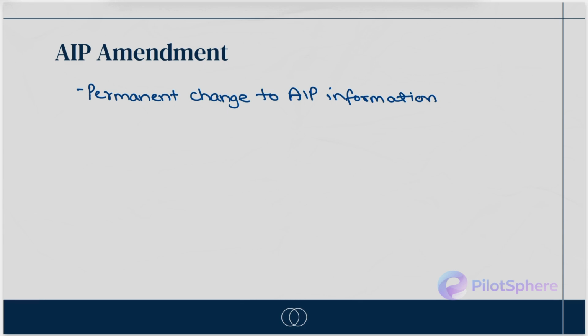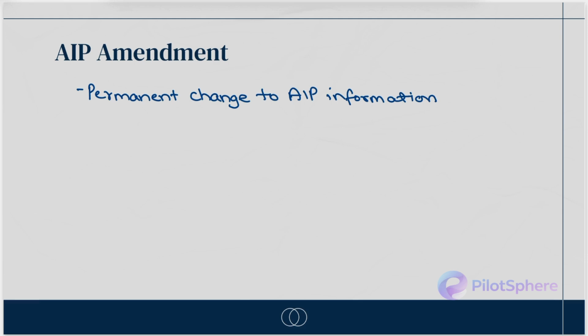So we have AIP amendments and we have AIP supplements. Supplements we'll take a look at next. First, we're looking at AIP amendments. Now, amendments are changes that are permanent in nature. So, for example, some permanent change that is taking place will be added as an amendment. Take, for example, a new navigation aid is added, a change in the airspace boundary, or the addition of a prohibited area. If it is permanent in nature or of lasting character, then it is considered as an AIP amendment.